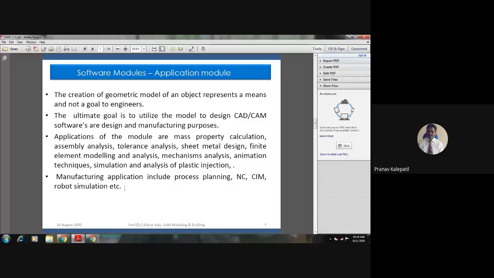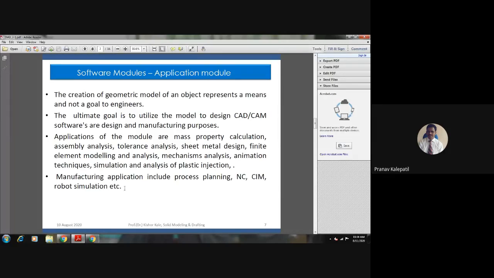So, once your geometric model is created, it will be used for other applications. You can see the first line: the creation of a geometric model of an object represents a means and not a goal to engineers. So we are not interested in just creating a geometric model.